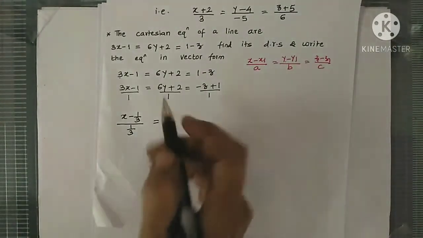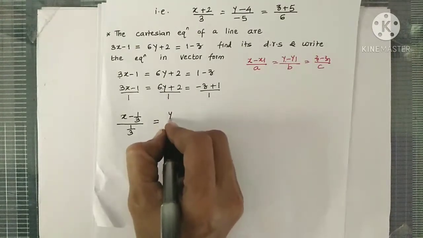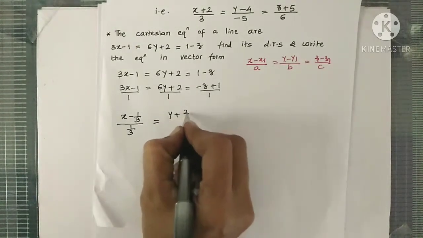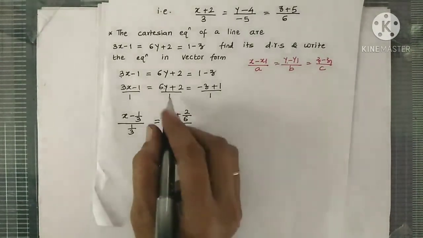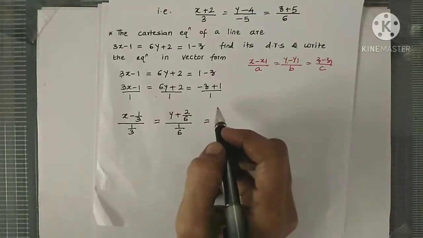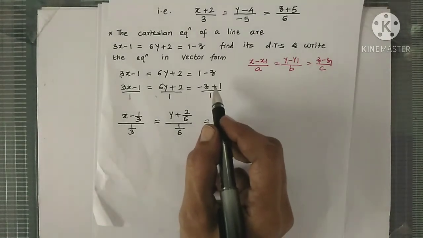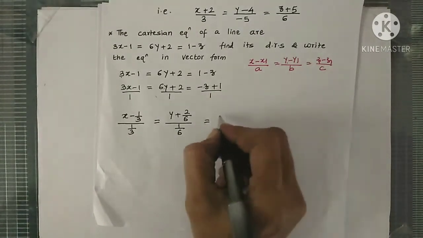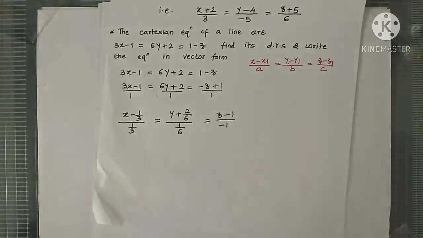Similarly, here let's divide this numerator and denominator by 6, so that this becomes (y plus 2) upon 6, 1 upon 6. So we are dividing each term here by 6, equal to. Here the coefficient of z is minus 1. So dividing or multiplying, it is one and the same thing, by minus 1. It is (z minus 1) upon minus 1.